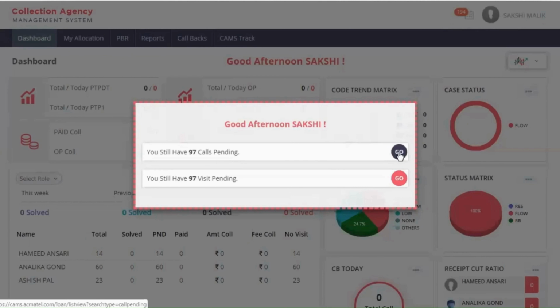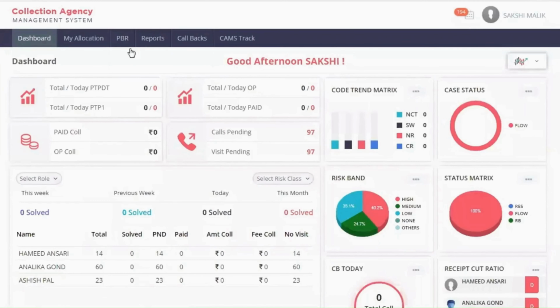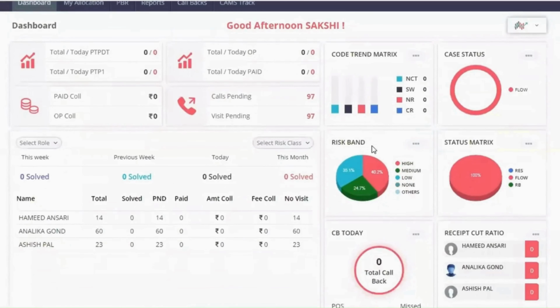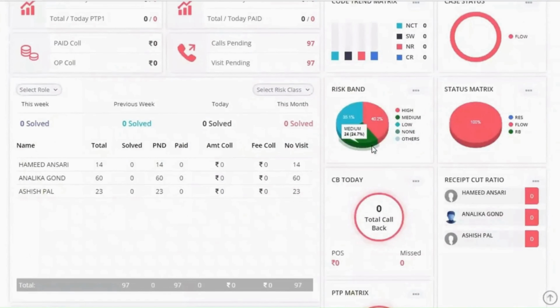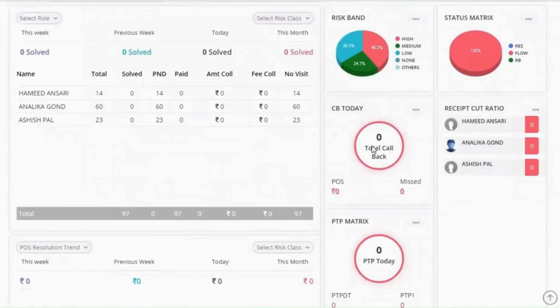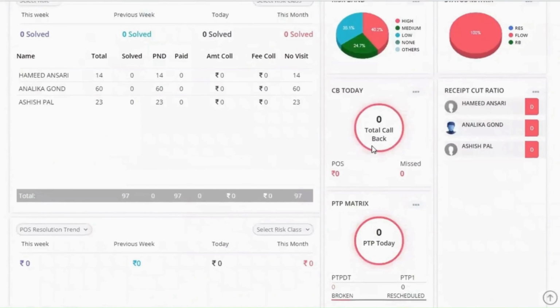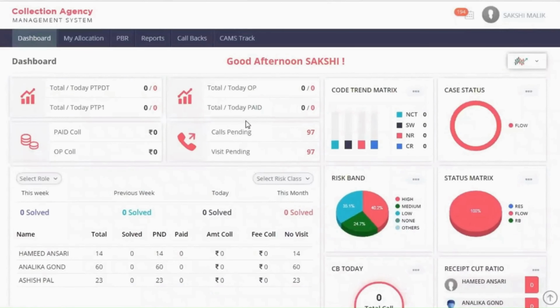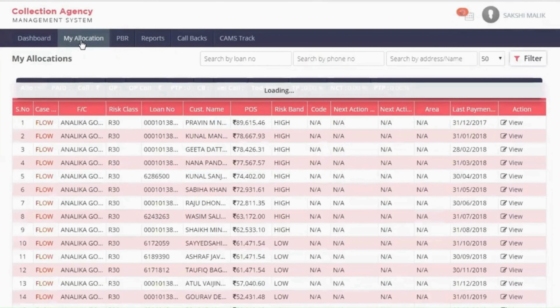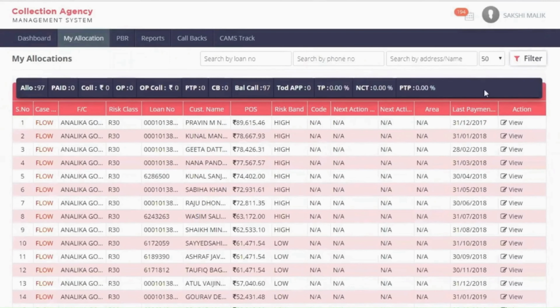If we click on the Go button here, the system takes us to where the data of 97 calls is present. I've dismissed the pop-up now, and the dashboard is showing the same as we demonstrated in our previous video. For more information about the dashboard, you can watch our previous video. Now, the cases that have been allocated come to the caller in My Allocation. After coming to My Allocation, it shows them that 97 cases have been allocated to them, out of which